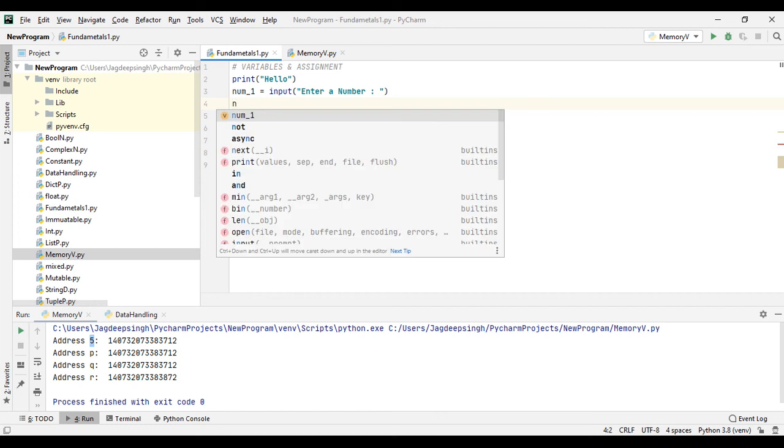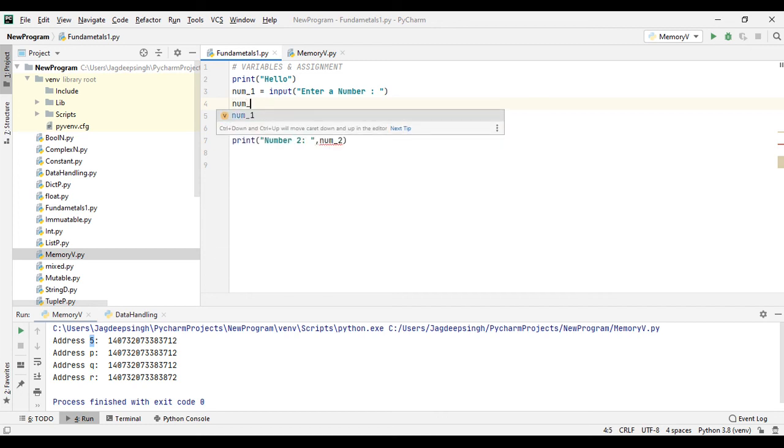Similarly we can create number2 and define the input function: Enter a number 2.